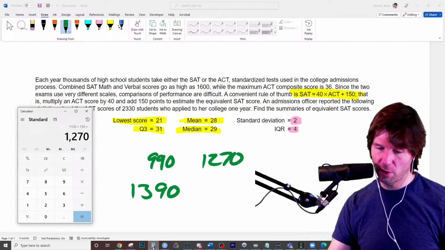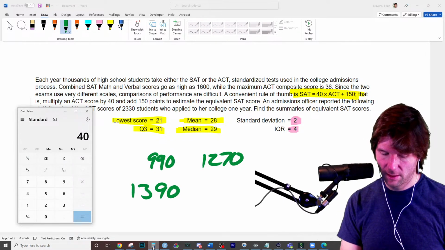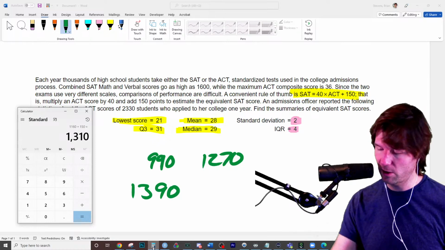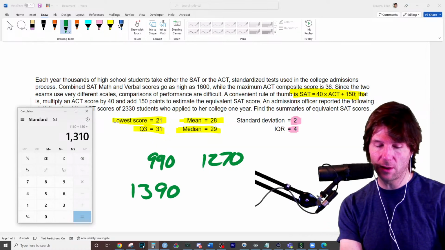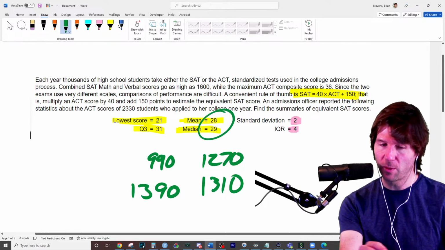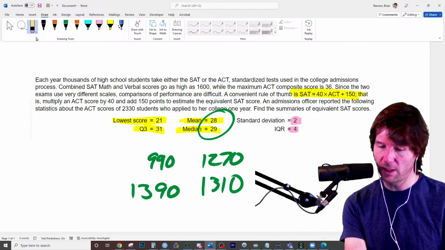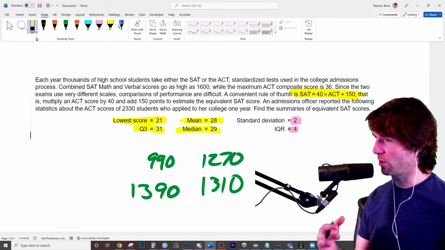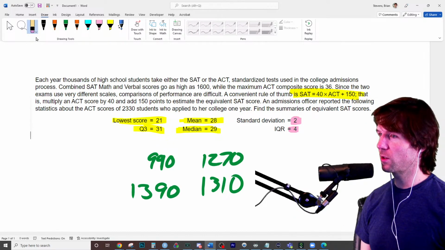And now over here we get 40 times 29. So this is going to be 40 more than that. Plus 150. We should get 1310. We do. So I'm just checking it also as I do this because it makes sense that this is one more. It should also be one more in terms of 40 because we're just doing another 28, 29, timesing it an extra time right there. So these are the answers here.